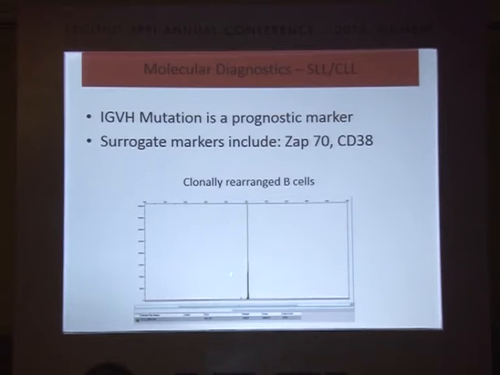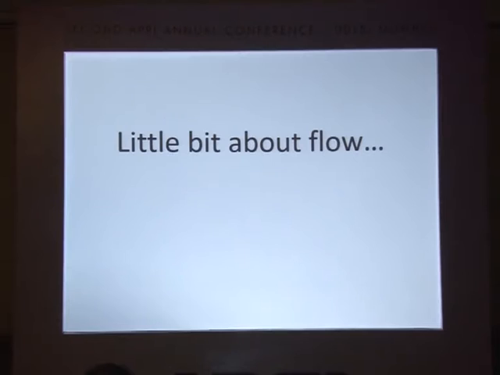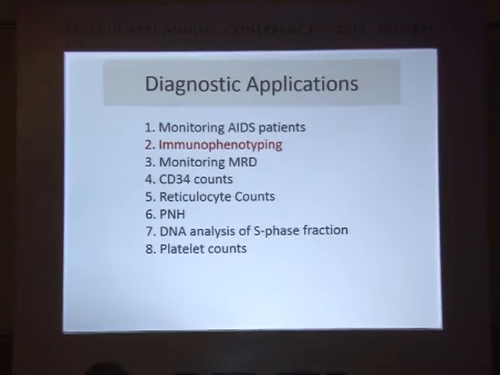Now this is from Nikhil Patkar, my colleague, who has given me this slide. It shows you IGVH gene mutations in a case of CLL. So it's a bad CLL. So now I'll show you the role of flow, and in the next 15-20 minutes I'll talk about some examples of flow and lymph node FNACs.